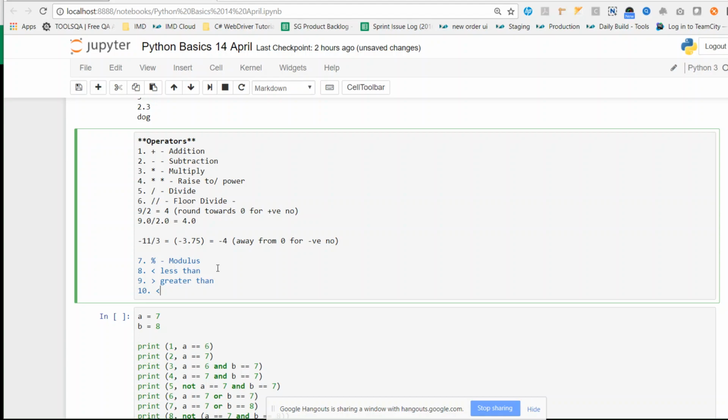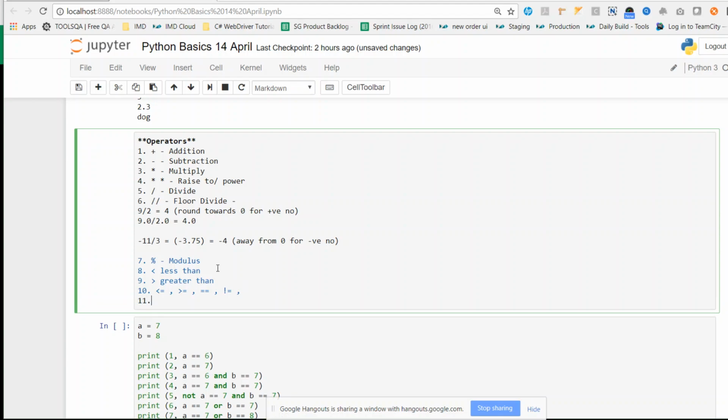Less than equal to, greater than equal to. These things are common in all the programming languages. Check whether it is equal to, check whether it is not equal to,